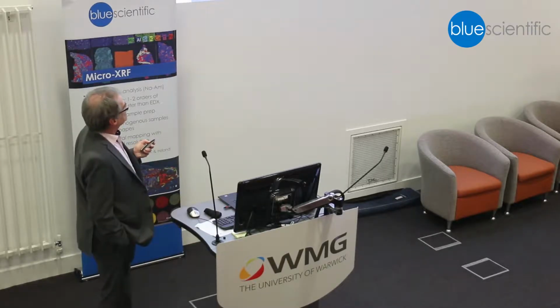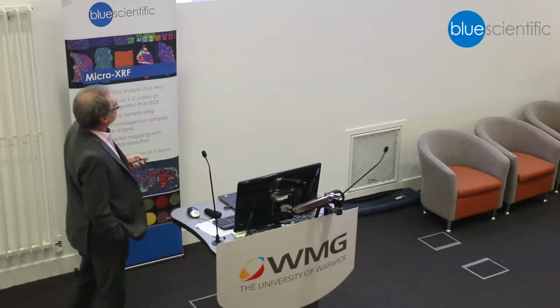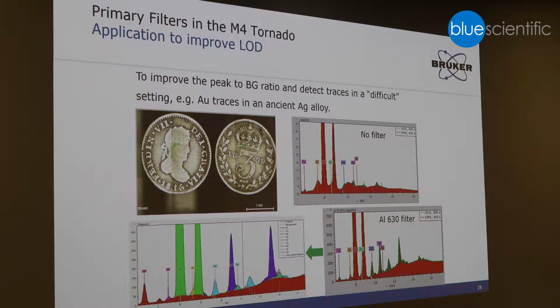So another purpose of primary filters is to get rid of diffraction lines. And if you use the aluminum filter, the heavy filter, you get this spectrum here. Then you see really distinctive peaks, and you also see fluorescence lines. Here you see a gold line, here you see a lead line and bismuth,